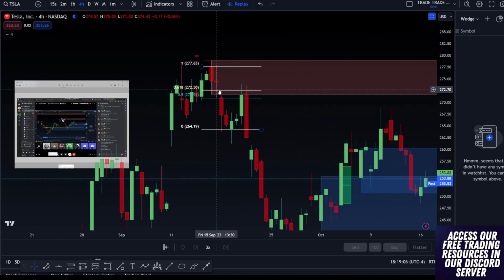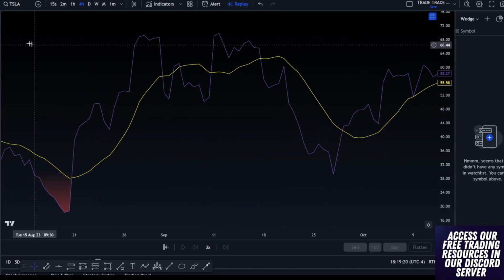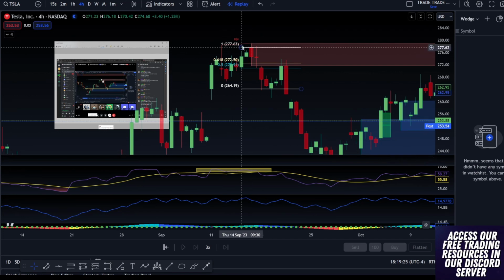So from this level, equal highs, so double topping. Here's the other thing too. I didn't even look at this. This is actually even better too. Let me get rid of this. Boom. So watch what's happening here too. I'm going to make sure that this is the right level since I can't fully see. Yeah, it is. So look what's happening here, right?